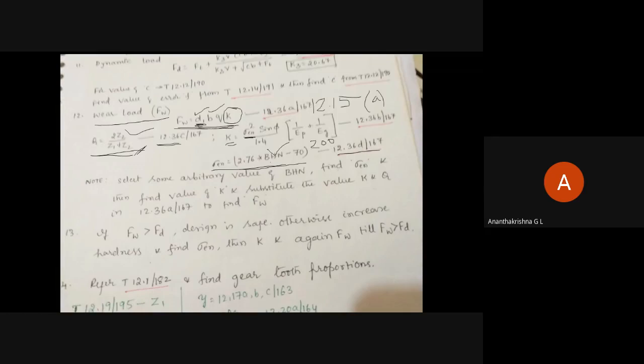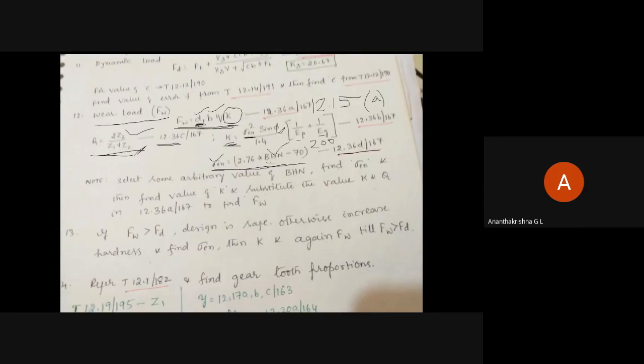Are you following me? Someone please say yes. Yes, sir. Okay, so for calculating endurance strength, initially assume BHN to be somewhere around 200. Substitute here, get the value of endurance strength. Substitute this value of endurance strength in the equation for K here. Assume the values of Young's modulus of pinion and gear to be 2 into 10 power 5 if not given. Phi stands for pressure angle. That's already defined in the very beginning, either in the problem or we are going to take it as 20-degree pressure angle.